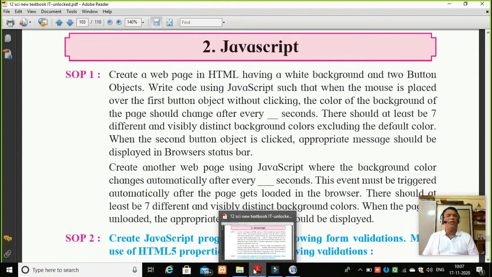So once the page is closed, the unload event automatically gets triggered, and when the page is unloaded, the event should fire and give me an alert message.